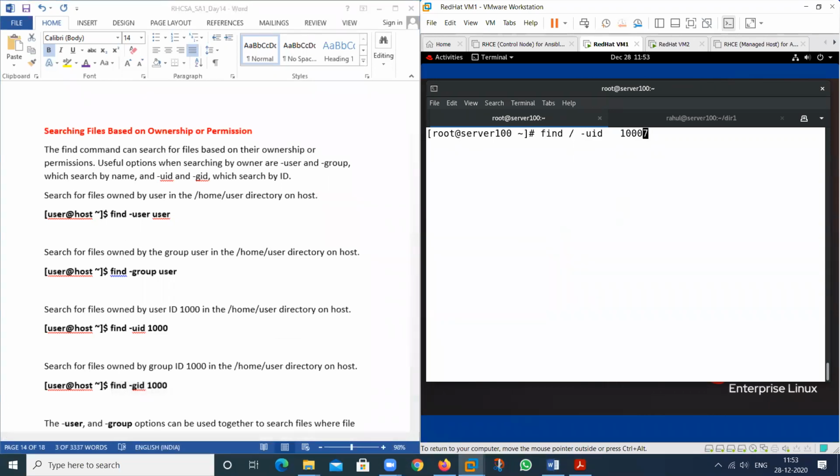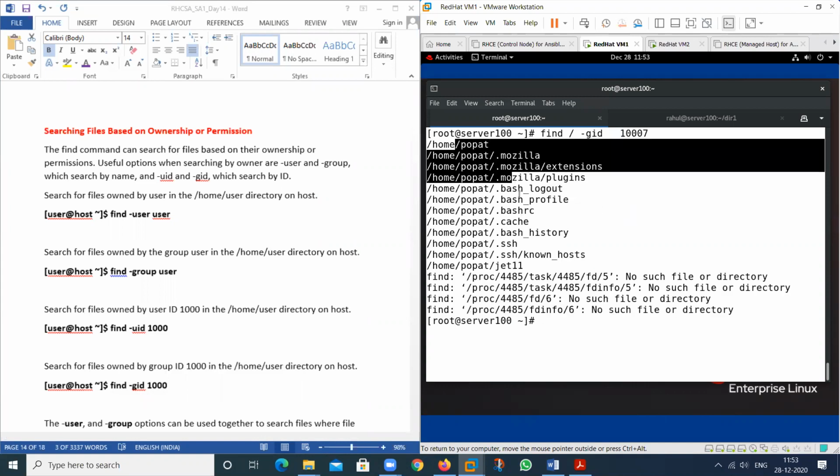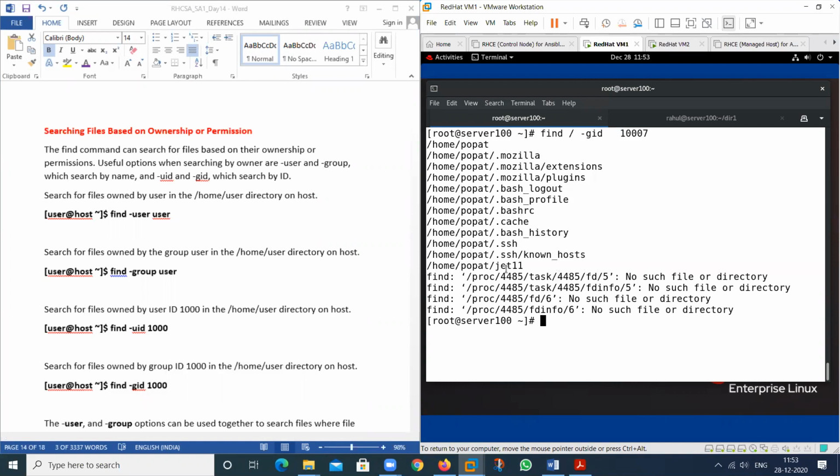If I use -gid, the same result appears, because when I create a user, see here, this is another file. See, ls -ld, and see the result. This is the same user owner, group owner.